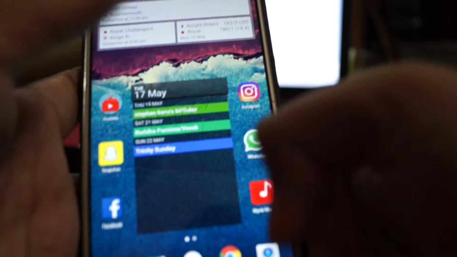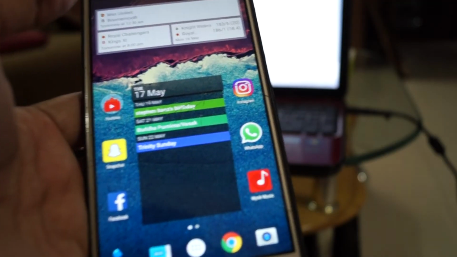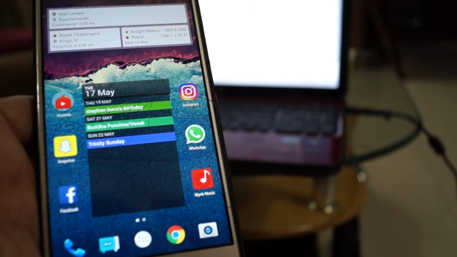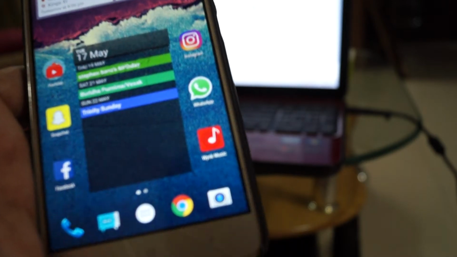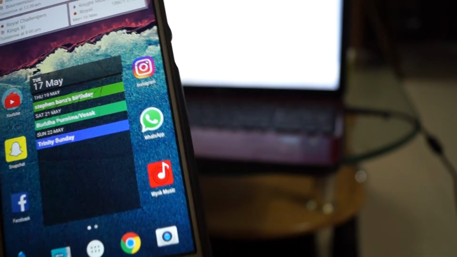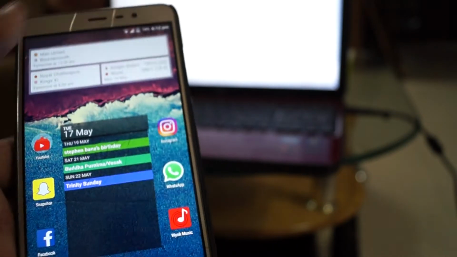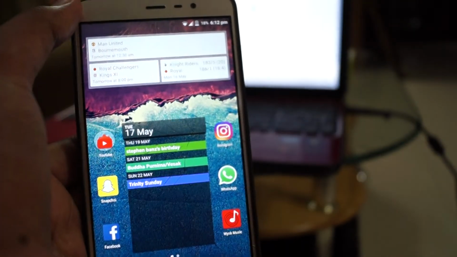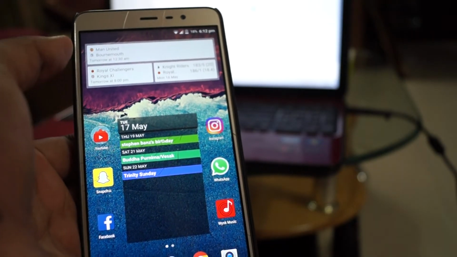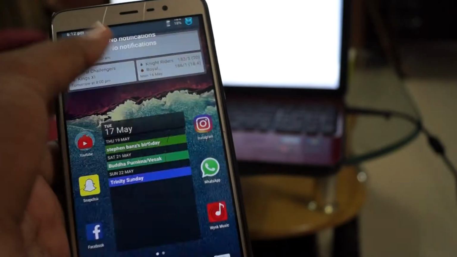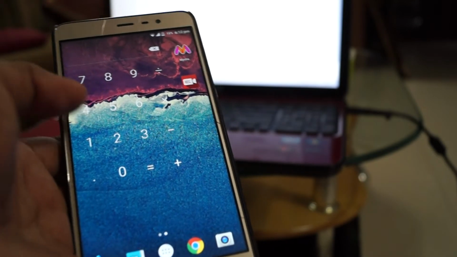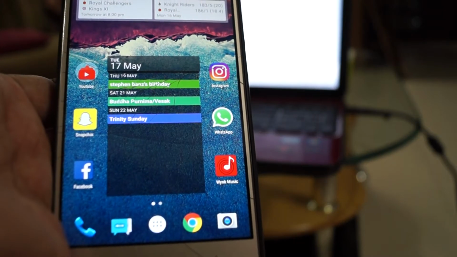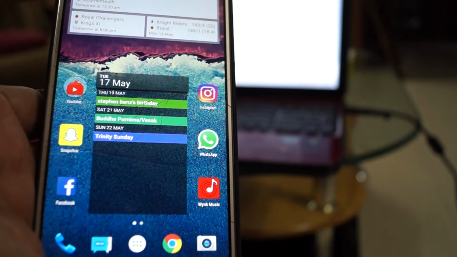Let me tell you whether you can use this on a daily basis. Yes, I suggest you can install this ROM and use it on a daily basis. Even the guy who made this ROM says that it is a stable ROM and you can use it daily, so no issues with that. This ROM comes with everything pre-installed, the G apps.